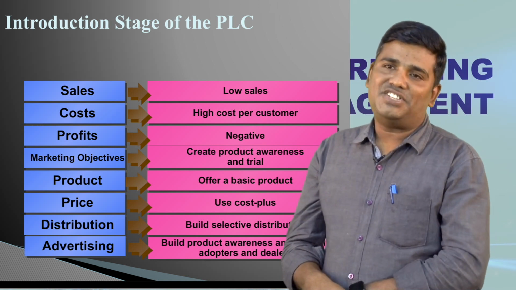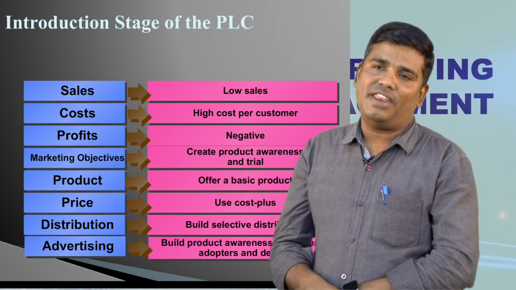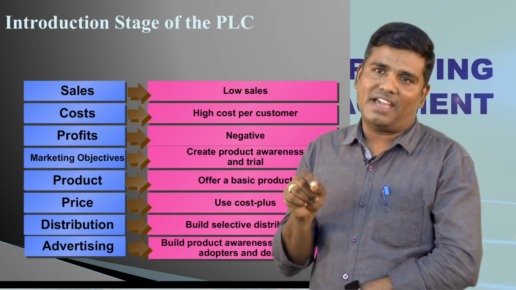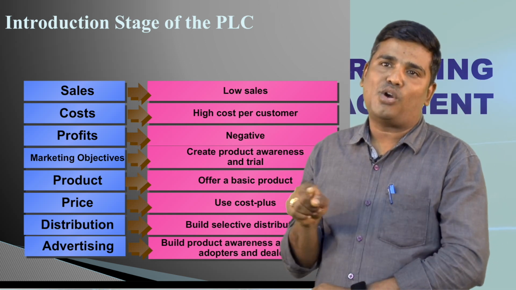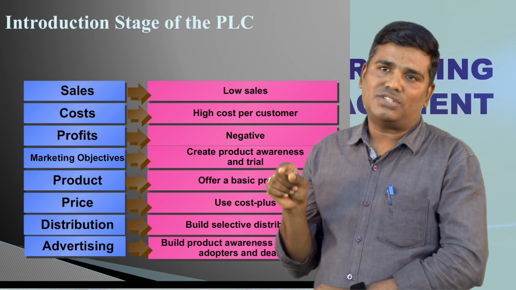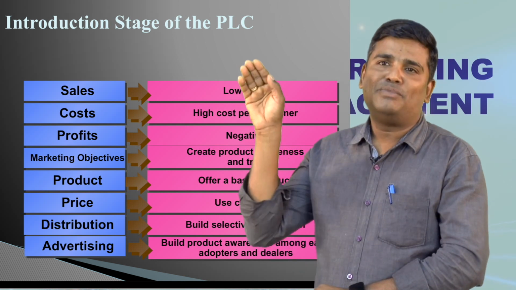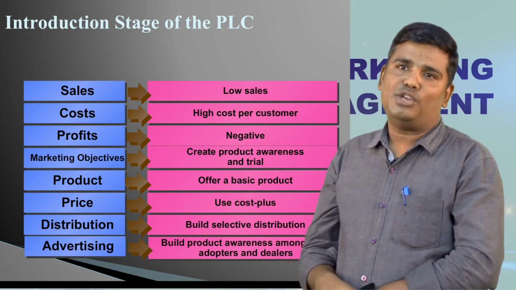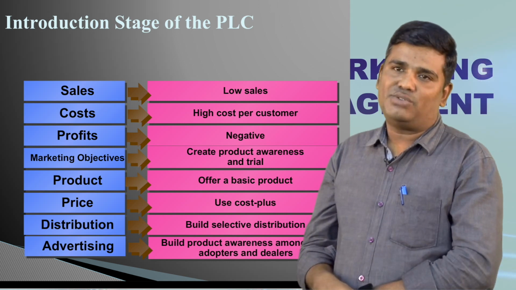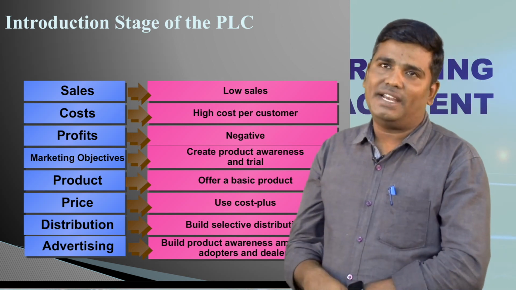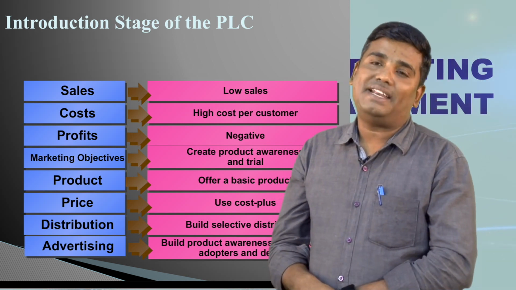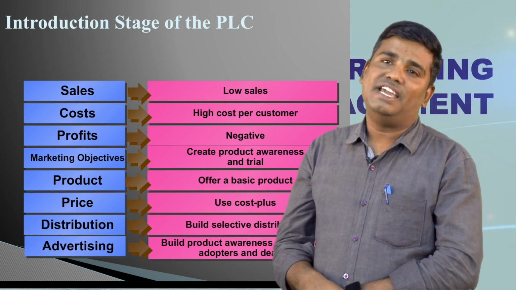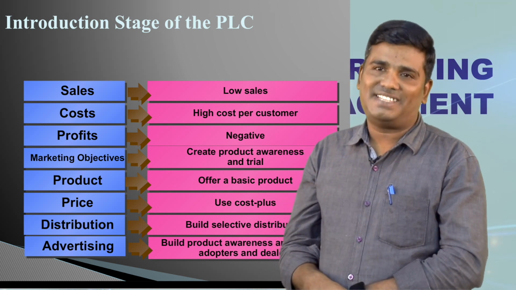That's why in the initial stages indirect cost will be very high. When indirect cost is very high, invariably the total cost will be very high. When the total cost is very high, invariably the profitability of the company is going to be reduced. That's why one cannot get the expected or predicted amount of profitability during the product introduction stage.